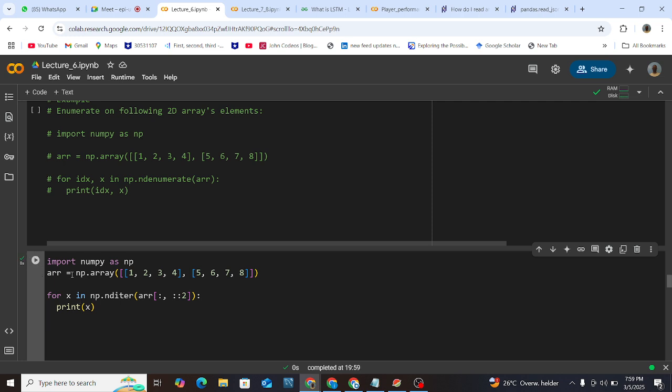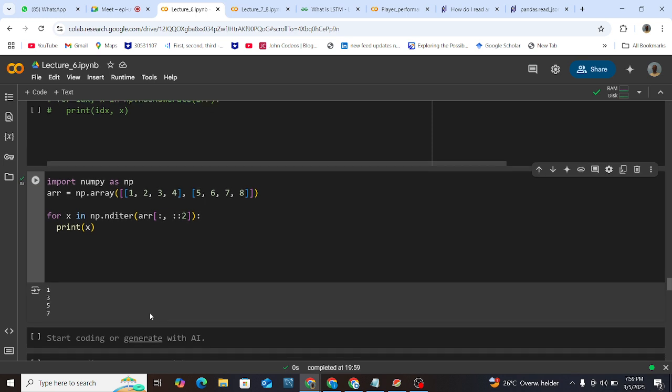If we run these, you notice that instead of having all these elements, we are just having the first element here, that is 1, and then we have 3, and then we have 5, and then we have 7,